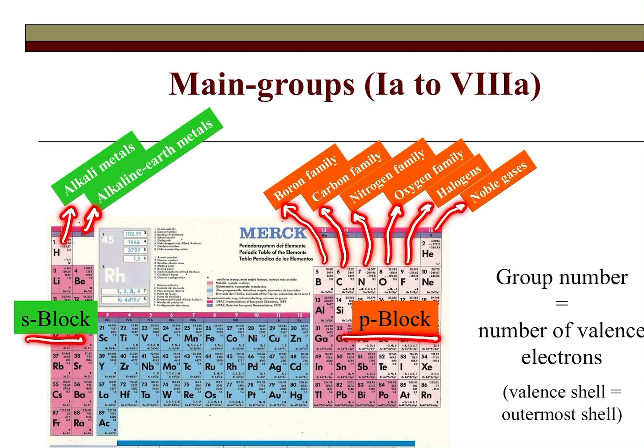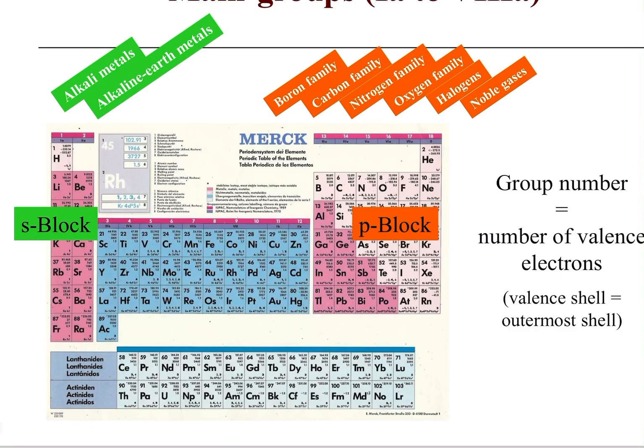Here are the transition metals, and the last one is the f orbital filling, which is the lanthanides and actinides. Group numbers